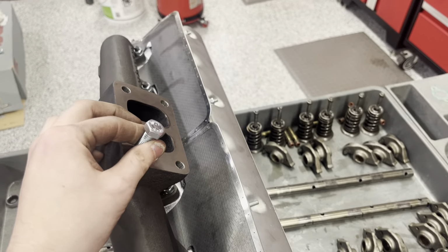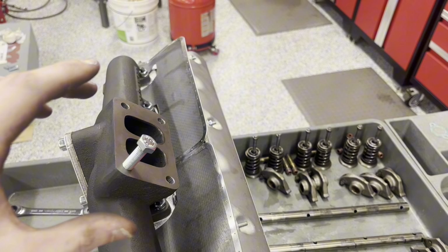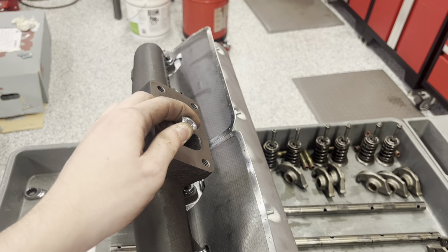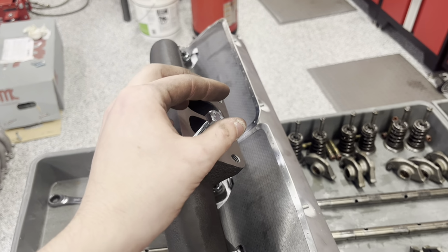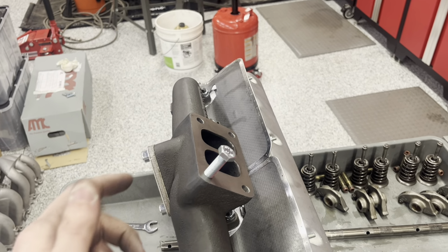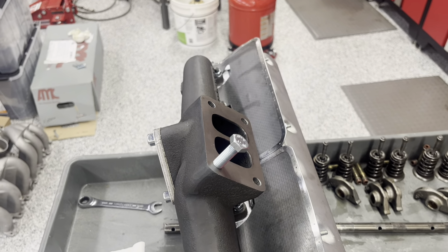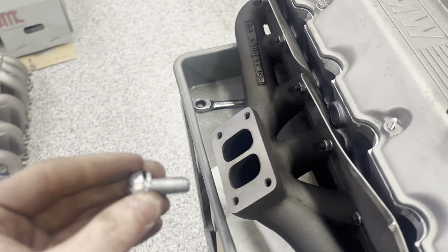on here, but it's a real pain to mount and get the bolts in between the turbine housing and getting a wrench in there and spinning it around. So I'm gonna make studs to stick out of here so the turbo can just plop right down on it, and I'll just screw the bolt on from the top. So I do want to show how much of a pain it is to mount the turbo on here and